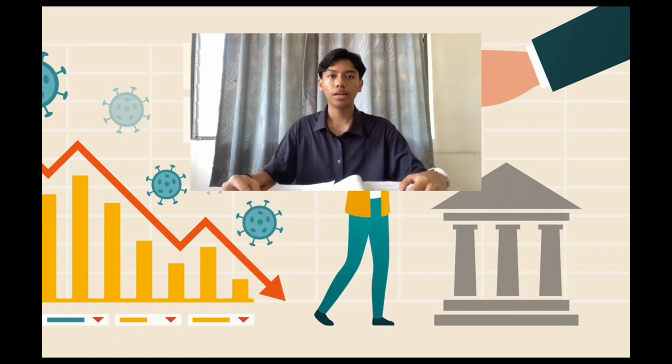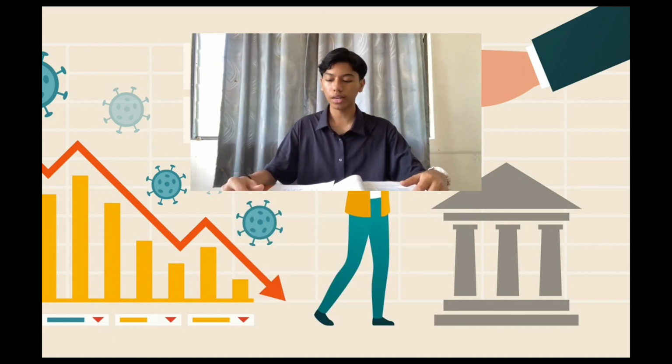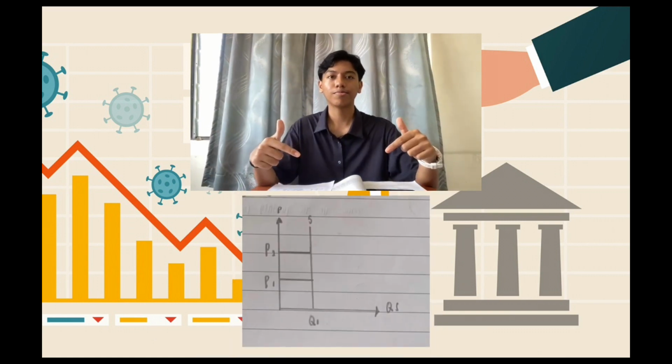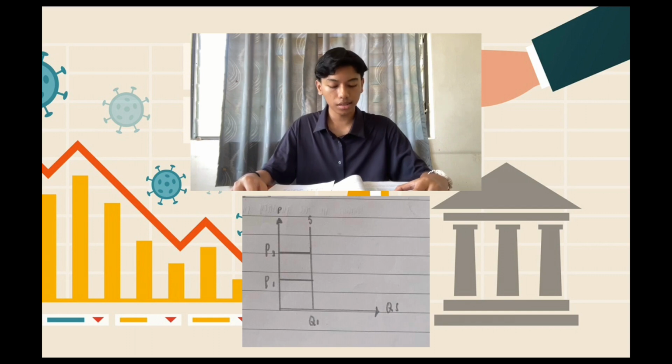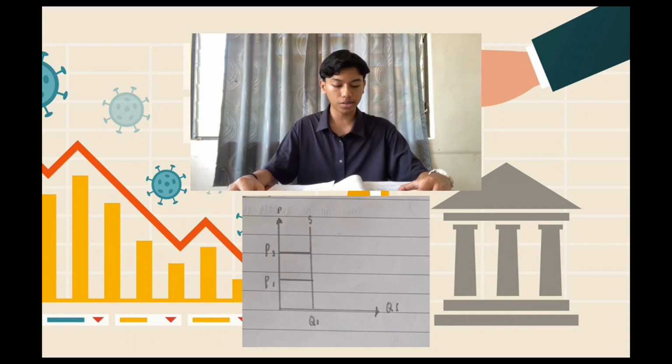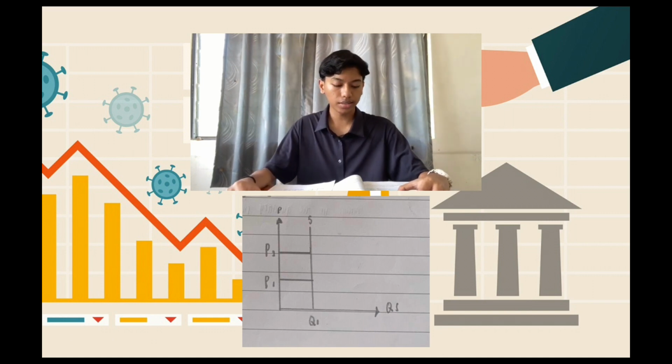And from that, we will get a graph like this. That means the supplier will sell the same number of goods or services regardless of the movement of price, even when price increases from